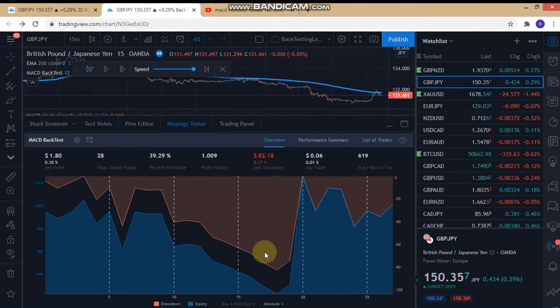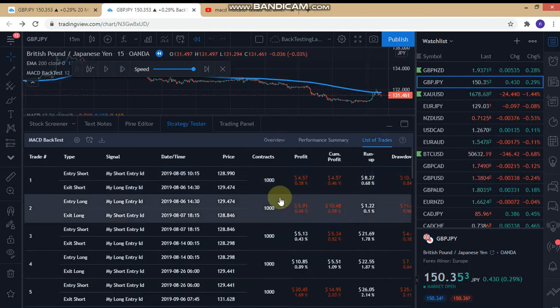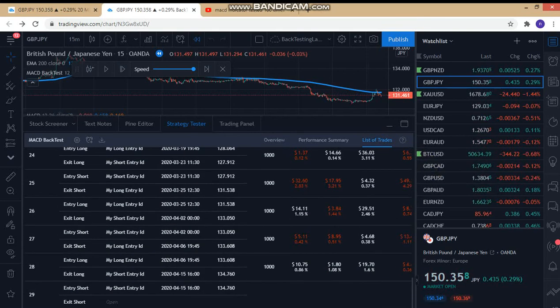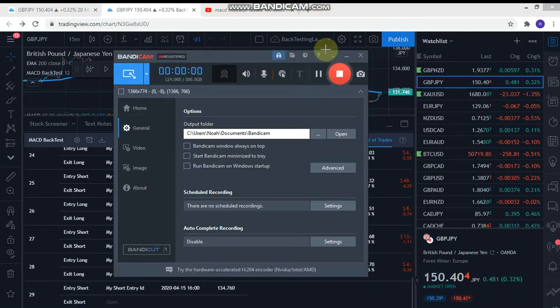And we can now see they did not do good at all. This was now only $1 profit with an $82 drawdown. 8% drawdown is way too much. You can see from the graph it's not going very well. And so this is from the period of August 2019 to,